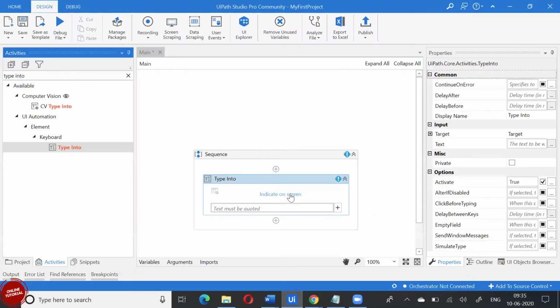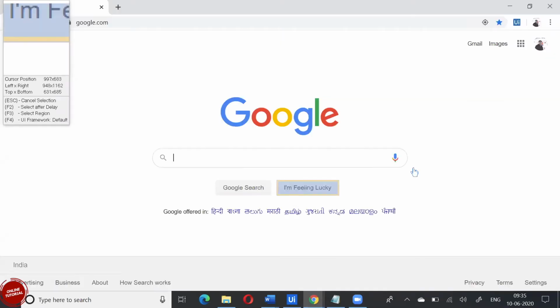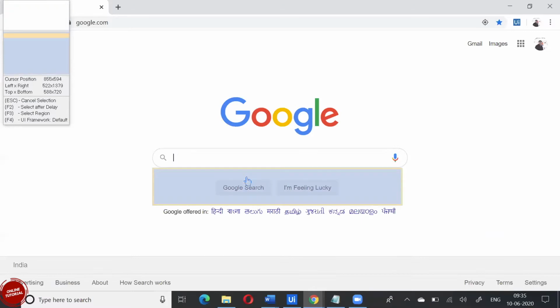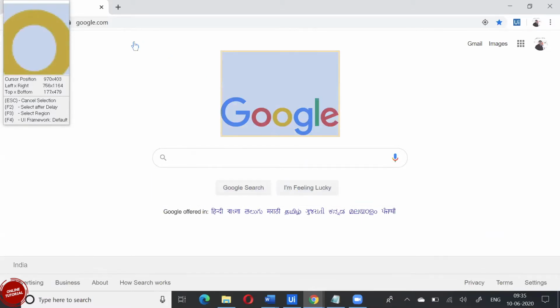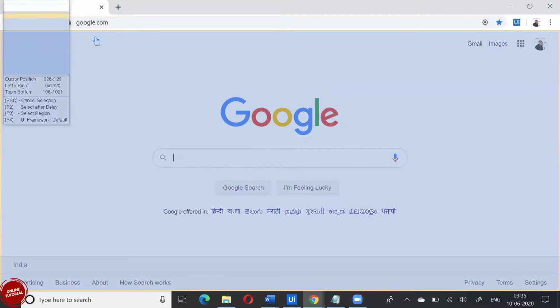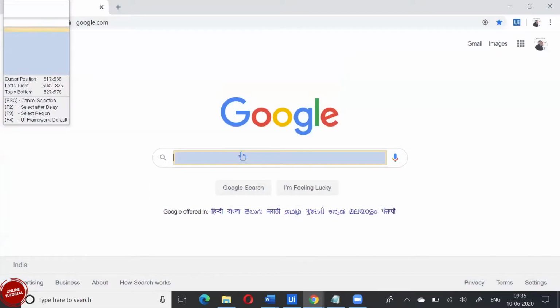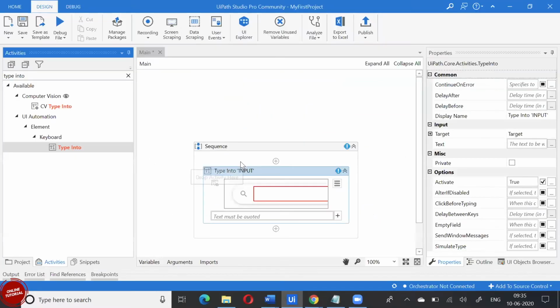So if I go back here, now you can recognize each and every element individually. Previously, it was your entire page like this and you cannot type here. Now, if I want to type here, I can select this specific space, so I can give whatever message I want to type.